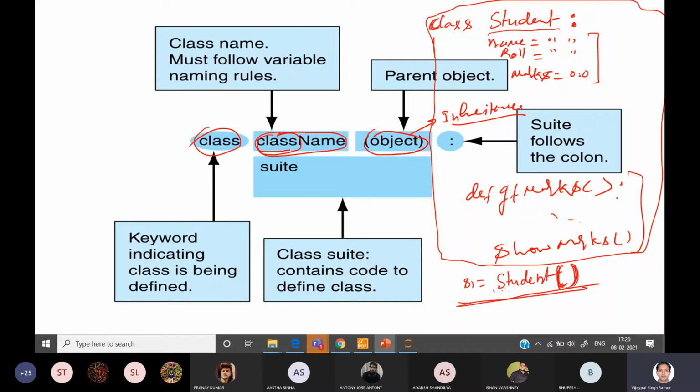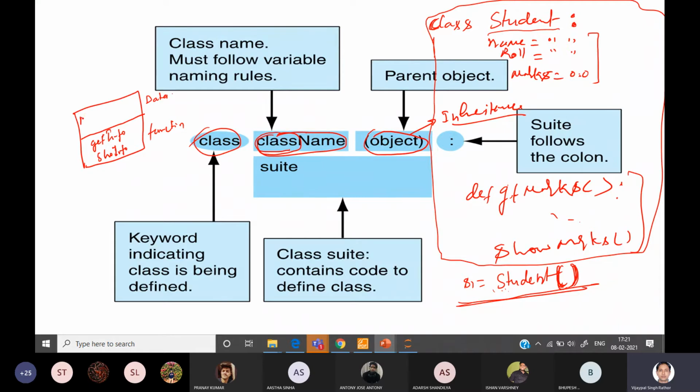Okay, so what will happen at this line? At this line, one memory block is created in the computer. In this memory there will be two fields, basically one for data members and another one for functions. Inside the function part, two things will be stored: get info and show info. These are the part of the function. Another one is the part of the data member.